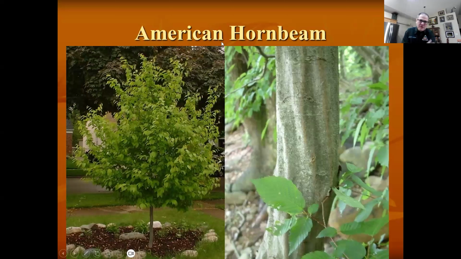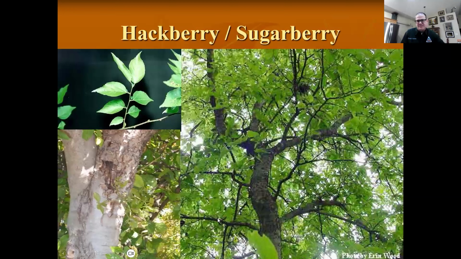American hornbeam is also called blue beech or musclewood. In the summertime, spring, it just looks like a tree. But as it matures and gets older, the bark is very smooth and it flutes where it looks like muscles. That's why they call it musclewood. This is a really good tree for winter interest. As it grows, you'll want to keep removing the lower branches to show more and more of this trunk. And as it matures, it's really something unique. Not a lot bothers it, too.